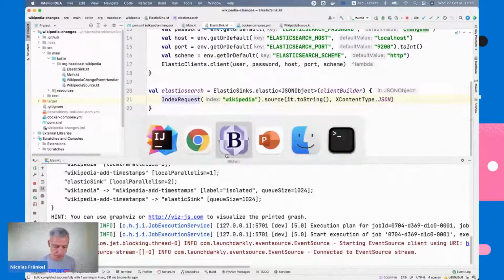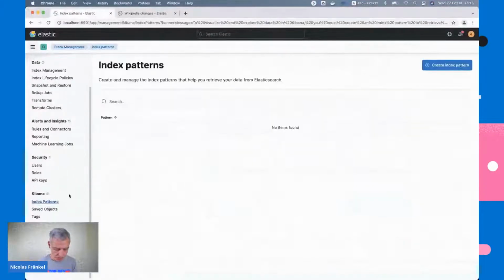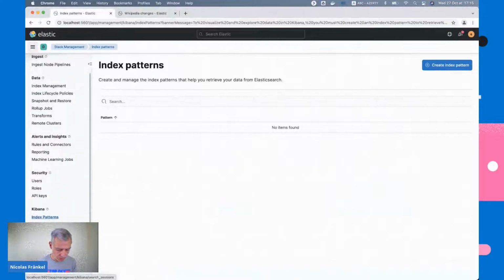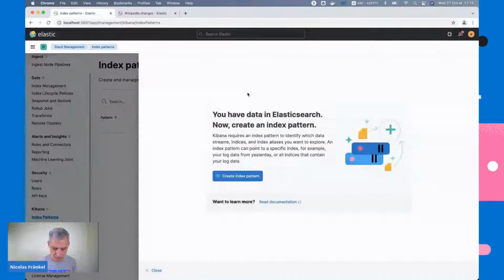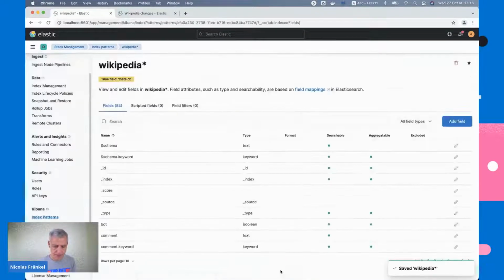So now if I come back here and I will close it, I will go to index pattern, and I will create an index pattern. Yes, I want to create an index pattern, Wikipedia, and I create the index pattern.